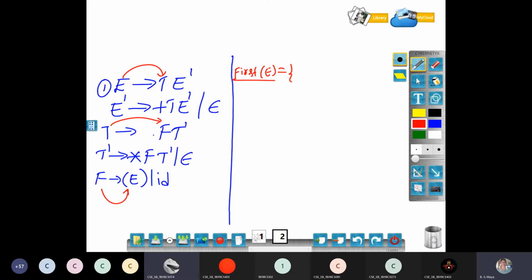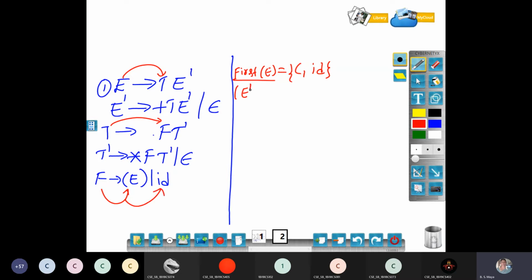See, all of you, do not get confused about the left-hand side. When you compute first, you are looking at what comes after the arrow on the right side of your non-terminal. I copied it over like one: open parenthesis and ID. Because the first of F has one more symbol, first of ID.